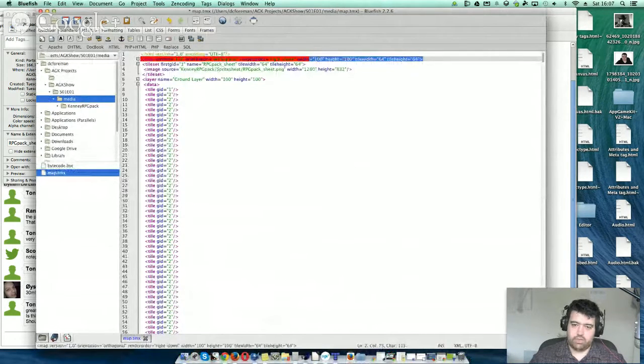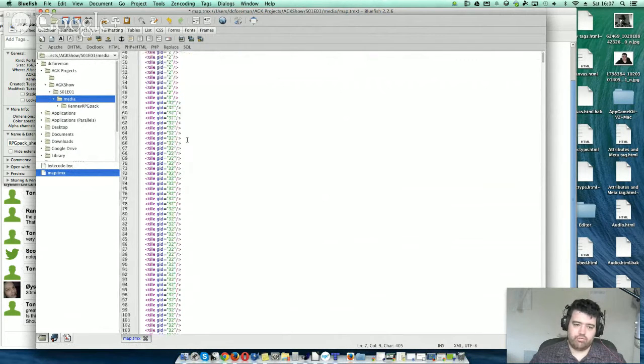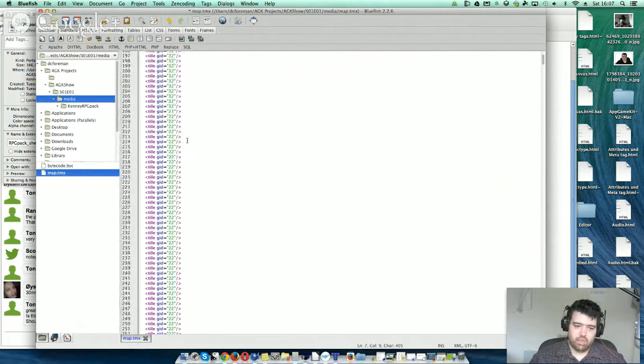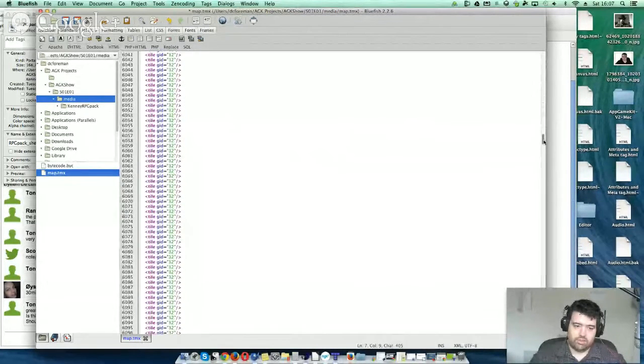So we've got the height there, width there, then we've got tile width and tile height. Then we have the sprite sheet location. And now the only thing it doesn't have is tiles. So what I'm probably going to end up doing is counting the number of slash datas. So if you notice, it's always surrounded by data. And if we go down to 10,000,